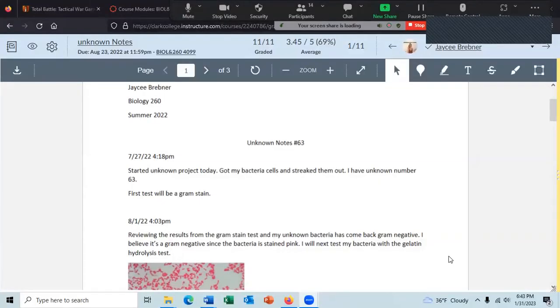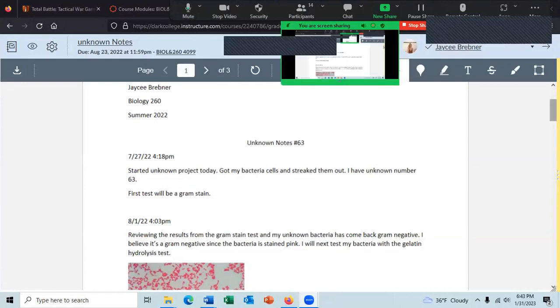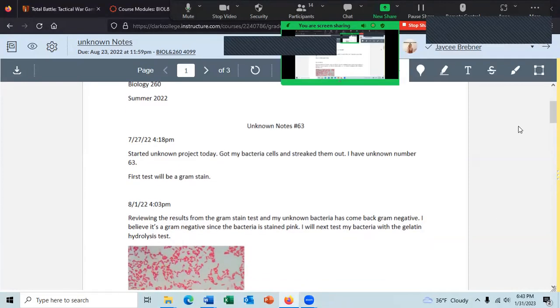If I go there, oh, that gets rid of it. Okay, here we go. So let me share the screen again. Here's an unknown notes page for a previous student, and hopefully I'm not sharing that. Come on. There we go. And I guess I am sharing that, but there, I got it hidden now.